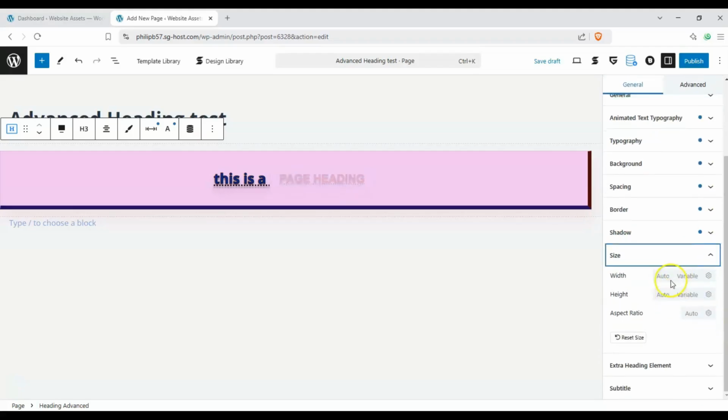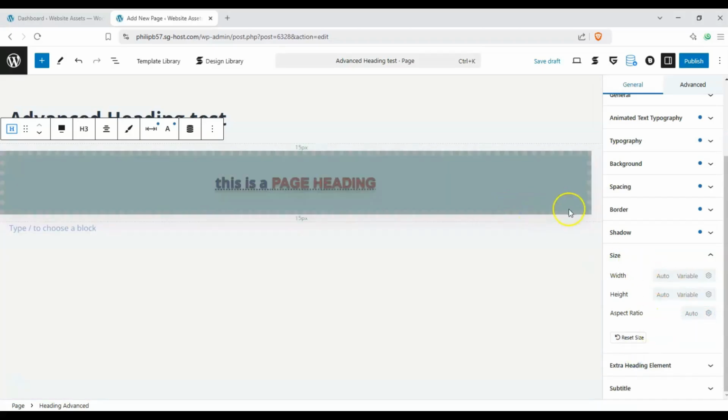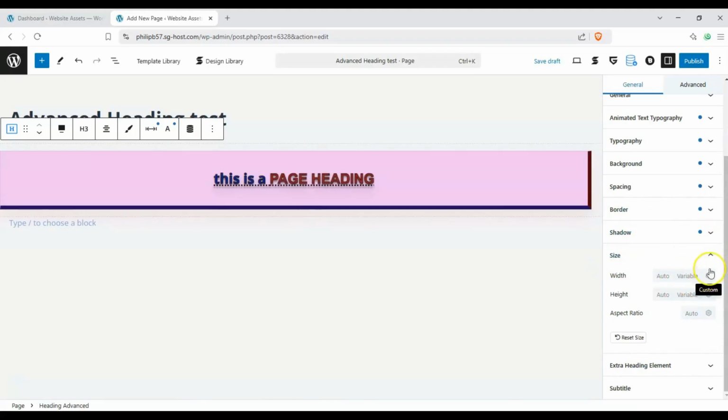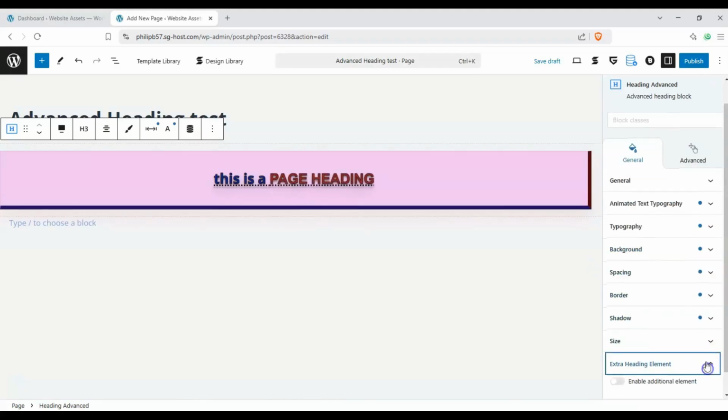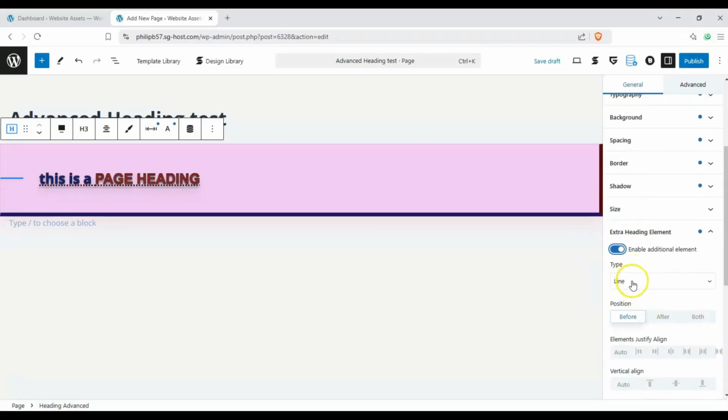And then next is size. We'll probably just set this to automatic, or we can set it to a custom value, but leaving it automatic usually works. But in case you have to change it, you can set it up manually here. And then extra heading element, if we want to add another line or